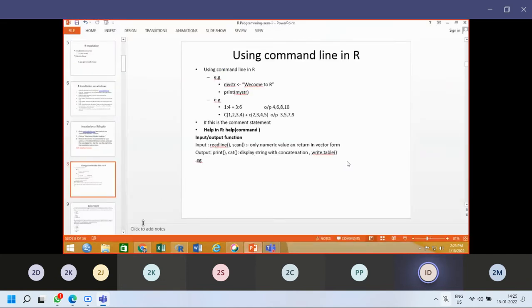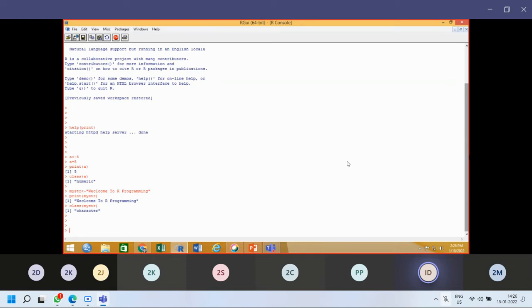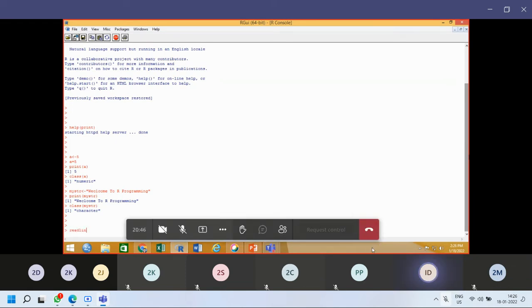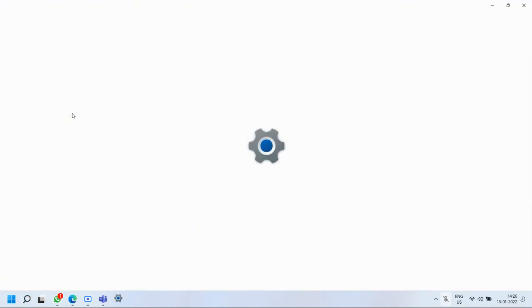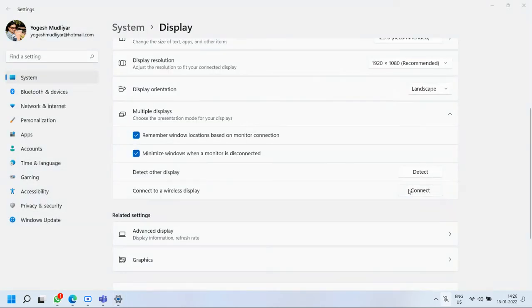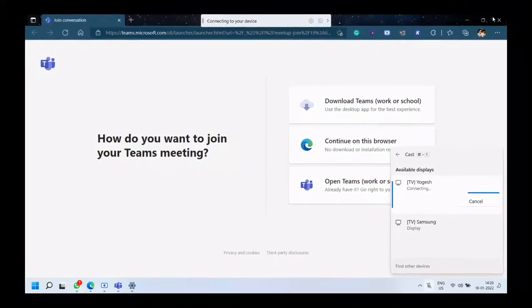Now the readline function. Keep in mind, readline is a function which is used to read the text of lines. Say for example here, now I will call readline, and here I enter the text of lines. What I did, readline is a function, and within